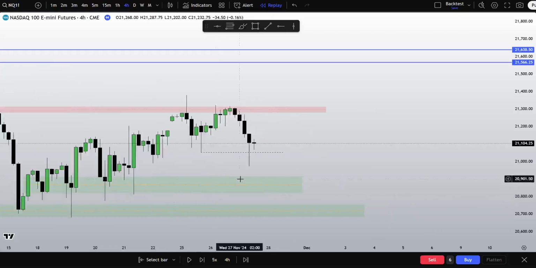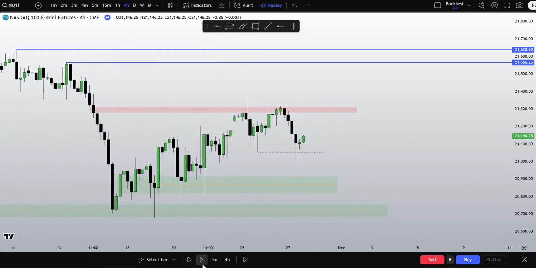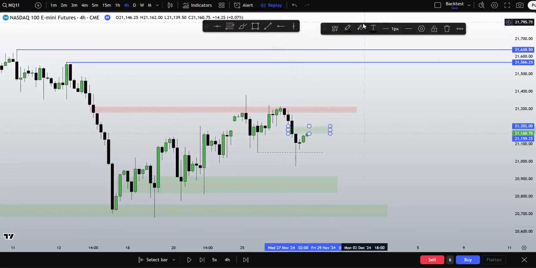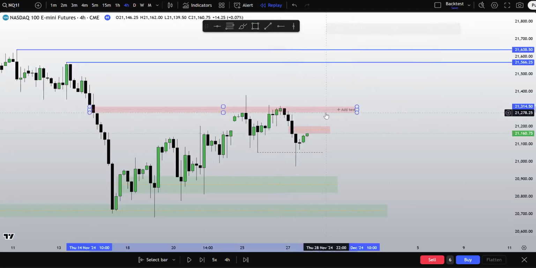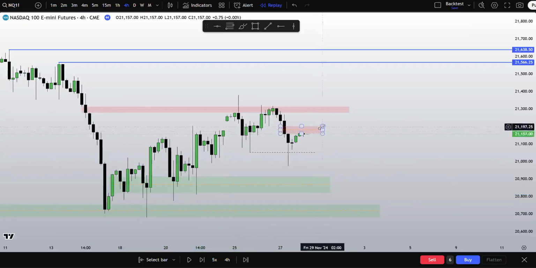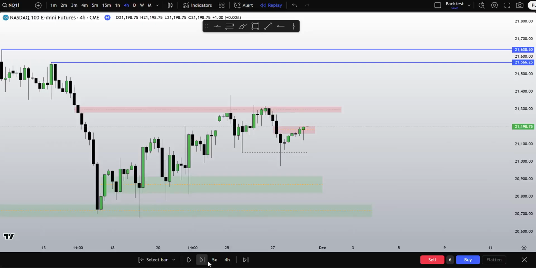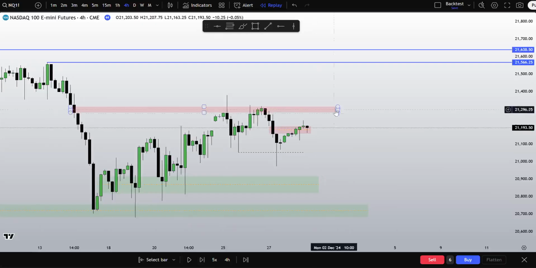Well, we'll just say multiple lows. We'll call it that. Should we head higher? If we disrespect this PD array right here, then the eyes are on this. We revisit this. Should we respect it, then my eyes head here. Let's see if we disrespect it. Seems like we will. Disrespected it, and so I want to see this imbalance.